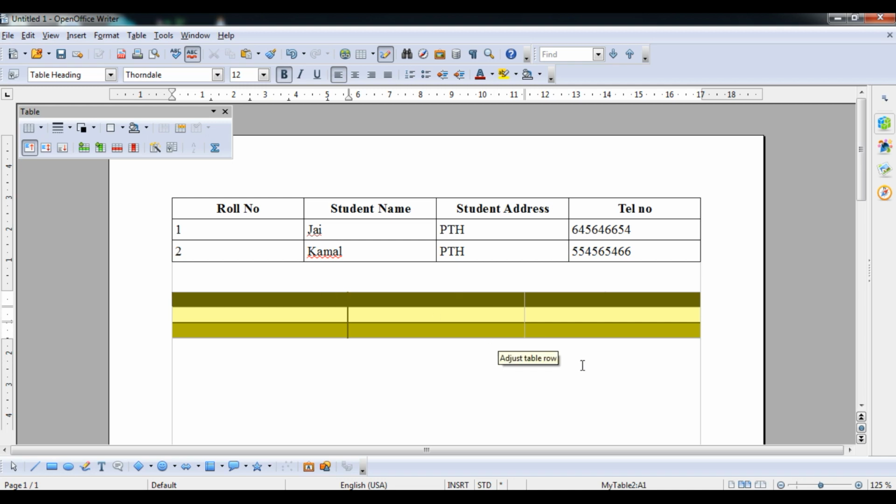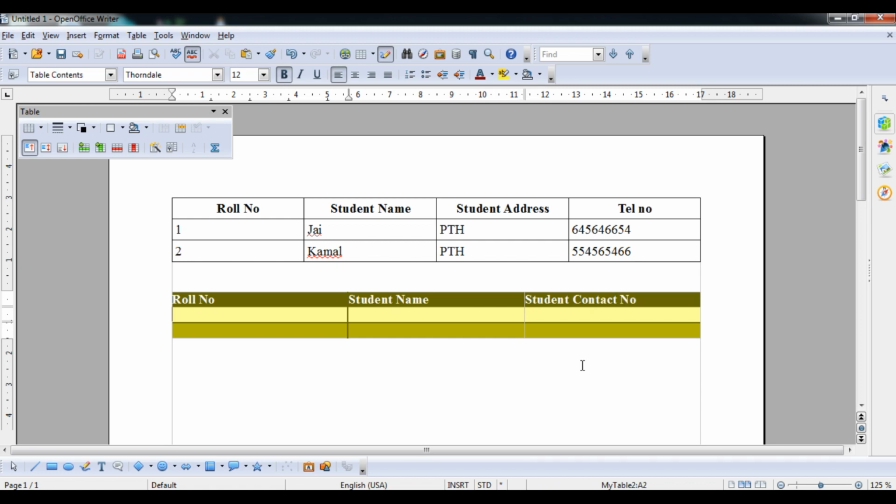So I'm going to enter some values like roll number, press the tab button. It will automatically come to the next cell. I say column, student name, and student contact number.